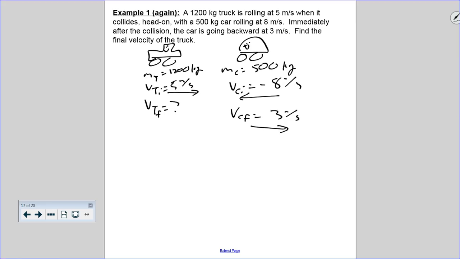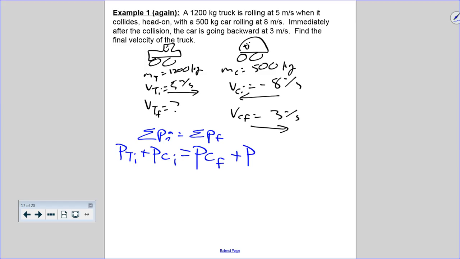Okay? So here's the other way of doing it. And it amounts to the same thing, but it basically is one big step. All right? Remember, the whole premise behind this is this. The total momentum before the collision is equal to the total momentum after the collision. Okay? So what that means for us is that the momentum of the truck before the collision plus the momentum of the car before the collision has to equal